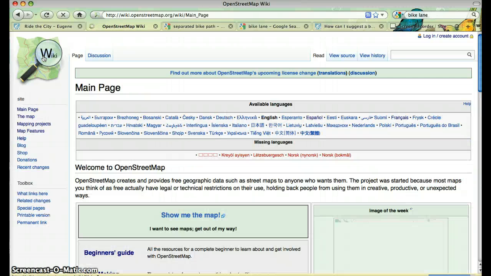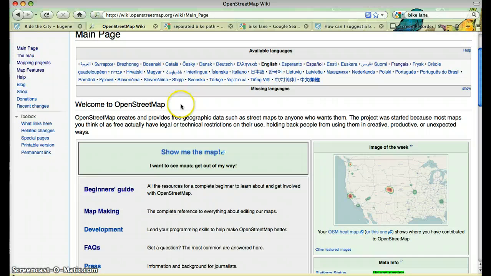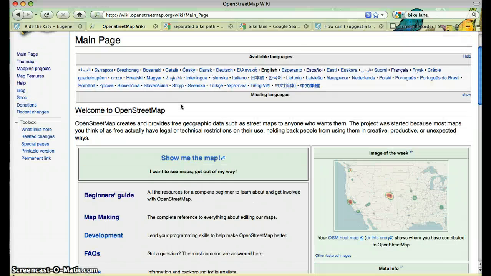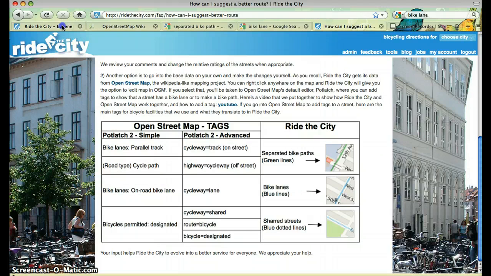openstreetmap.org. This is the volunteer effort to map the world. OpenStreetMap is an effort that's happening everywhere. It's kind of like the Wikipedia of maps, and it's good because it has fewer copyright restrictions than other maps like Google and MapQuest have. So anyway, we use their data, and